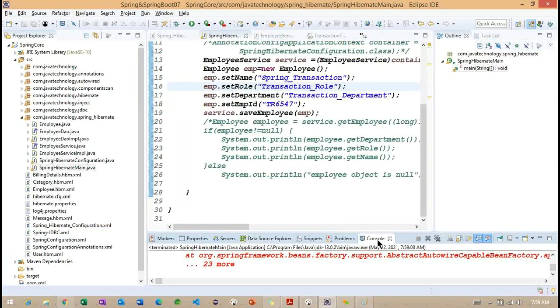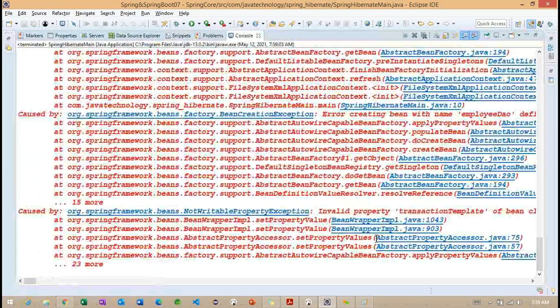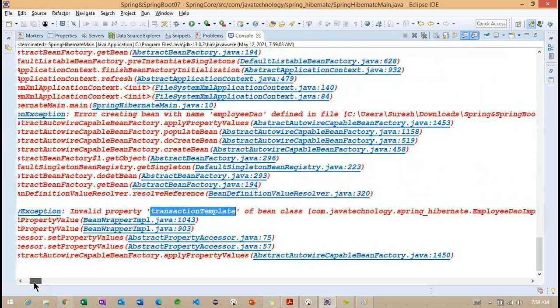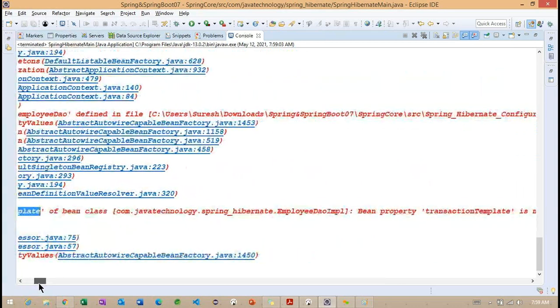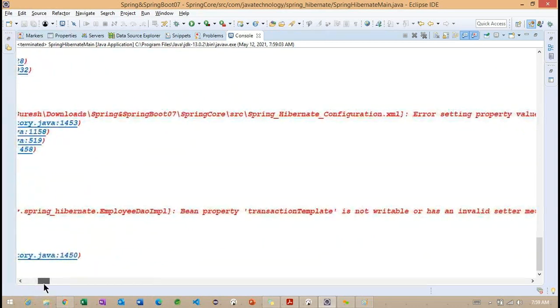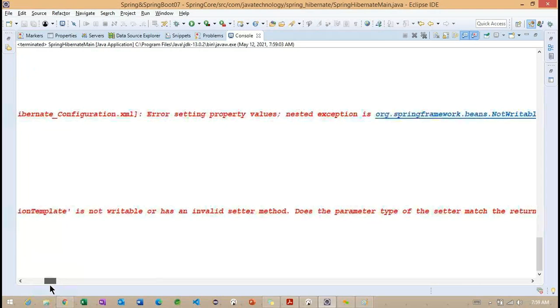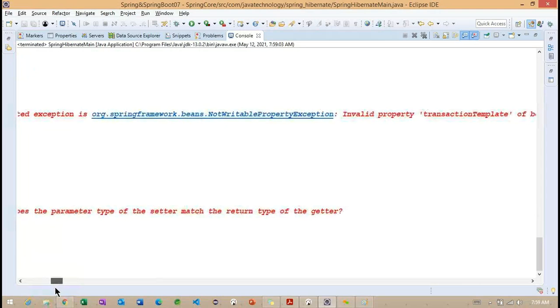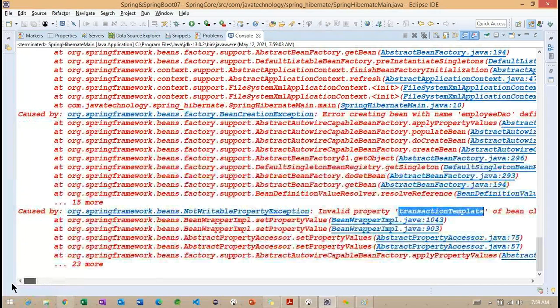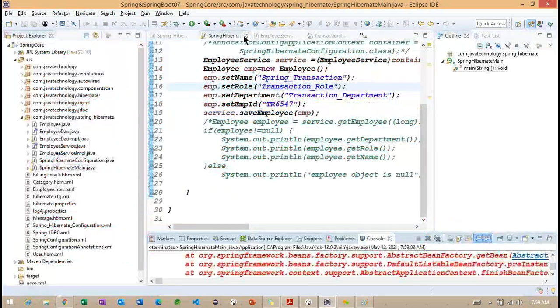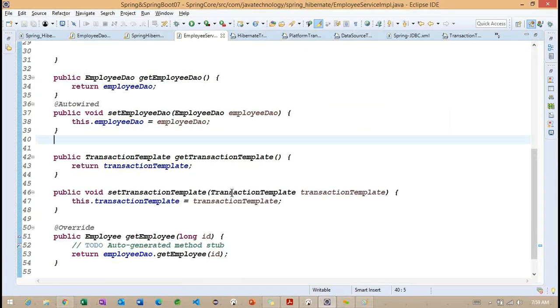So we are getting an exception here. Why are we getting this exception? Invalid property transaction template. Why is this particular property not writable? The property is not writable as it is not a parameter. I think it is wrong. Go back to the service IMPL.